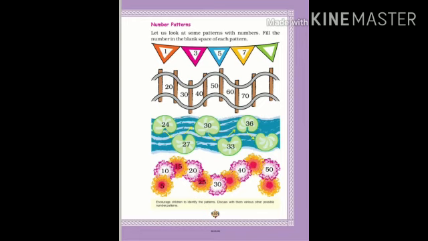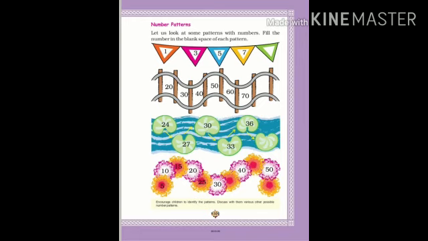What is the number starting with? These are the lotus leaves floating on water. First number is 24, 27, next 30, 33, sorry, you have to follow the arrows. Then 36. Again I am saying it is repeating: 24, then 27, then 30, then 33, then 36. Next, which number will you write? See how much it is increasing.